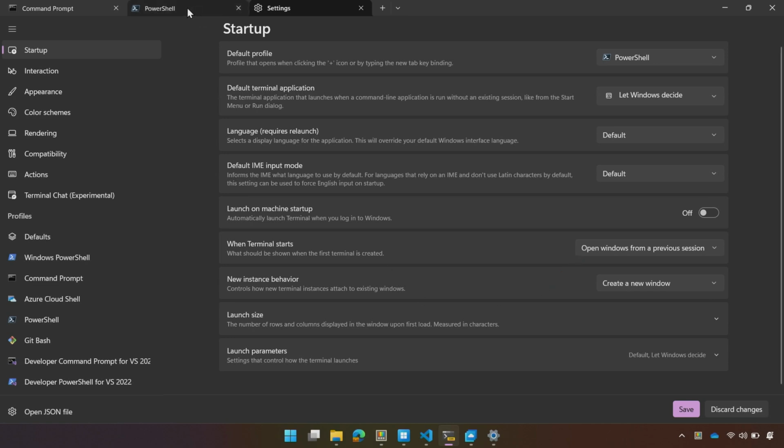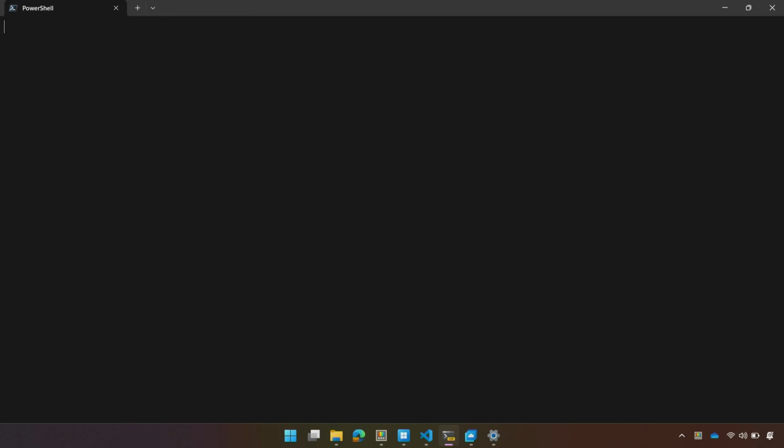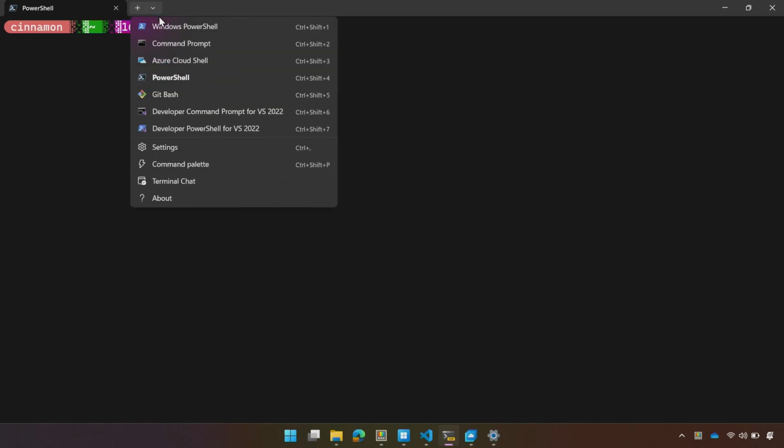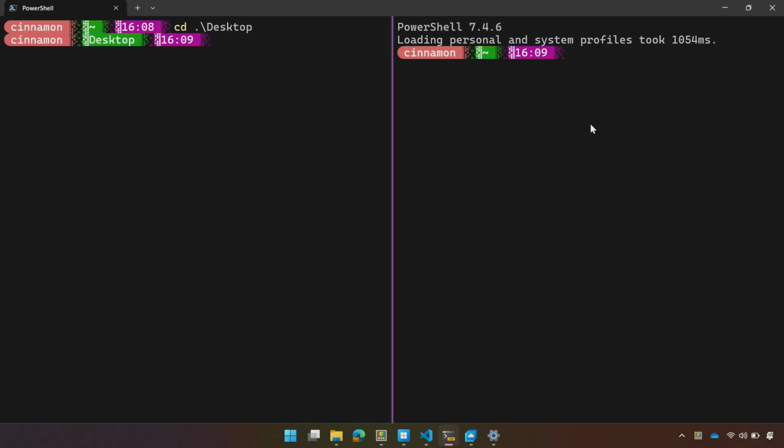So something I want to show off is actually part of DevDrive, and something that we've done to improve DevDrive. And I want to do this by opening another pane in my terminal. I know you were using a hotkey. Again, I'm not good with the hotkeys. I don't remember. But I do remember if you hold Alt and click on a profile, it will split a pane for you. So now I don't need to remember. And I'm going to head over to my desktop on the left. And I'm going to head over to my dev drive on the right.